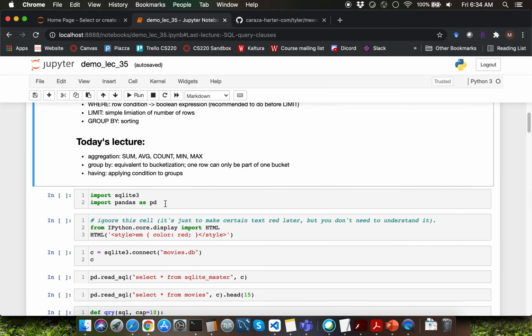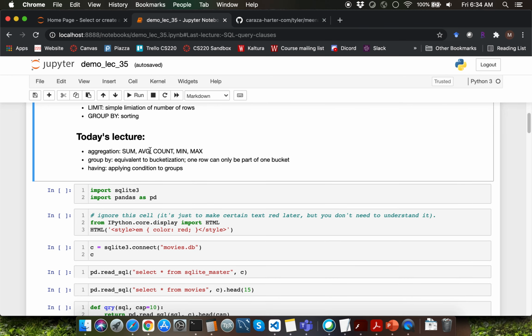In today's lecture, we are going to learn about summarization or aggregation, which is going to enable us to compute things like count, sum, average, min, and max. We are going to learn about all of these keywords. We have already covered one example of sum. In today's lecture, we'll be covering more example queries and we'll be covering all of these other keywords.